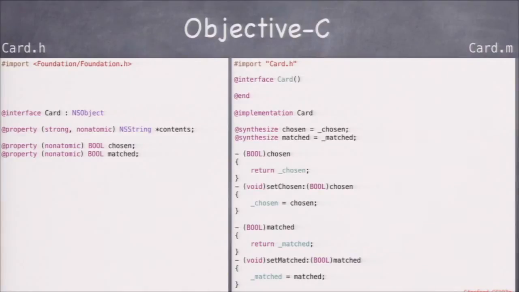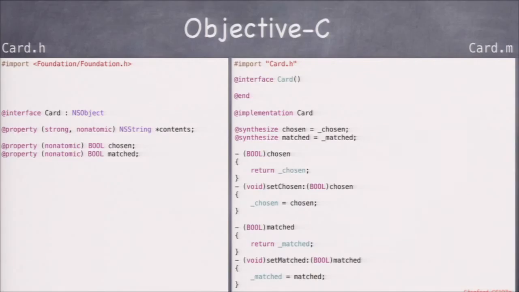But we still have the nonatomic, because we still want the setter and the getter to be simple, not have any locking code or any of that business. So we're always going to have nonatomic on every property in this class. We will not have a single property in this entire class that's not nonatomic. So just put it in there. I wish it were the default. Okay? But that's what we're going to do. You can see we've synthesized them both. And we've got,